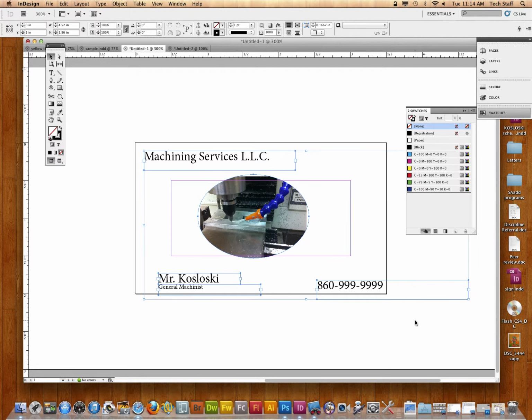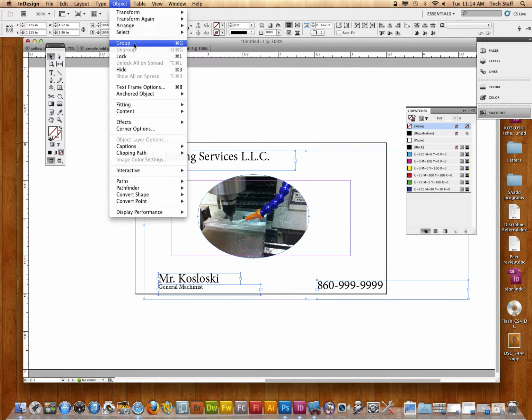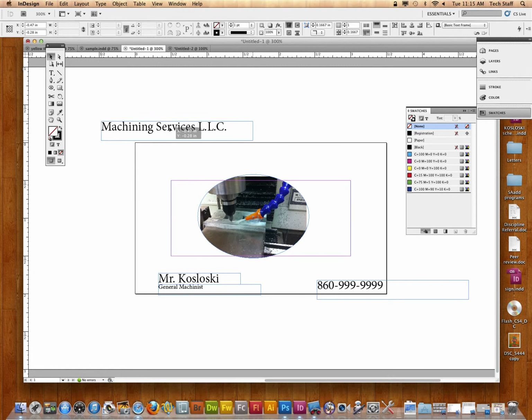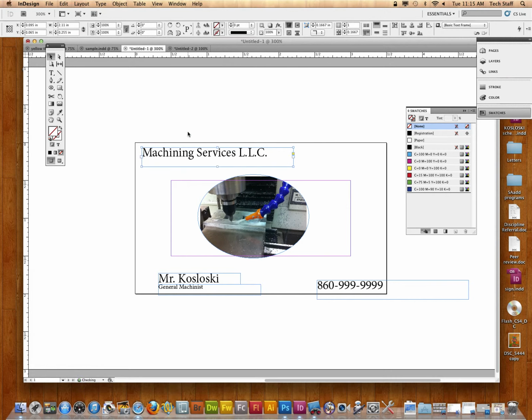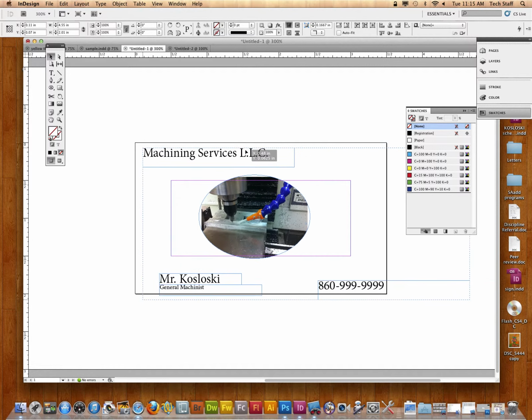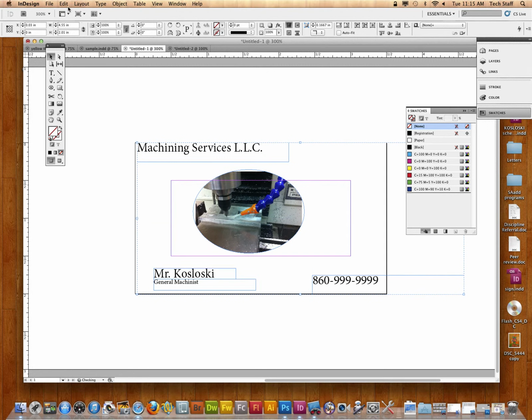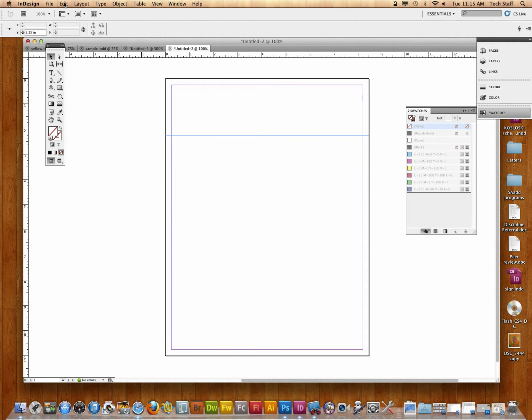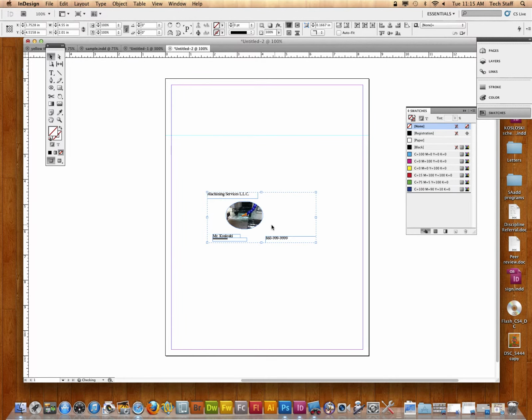I could choose object, group, which would arrange this in a group so that they stay as one entity. Right now, if I click and drag, it can move my text separate from my photograph. If I group this object, now when I move it, it's one entity. All right, so what I could do is edit, copy that, bring it over to my other document, edit, paste, and get this whole piece placed in my first